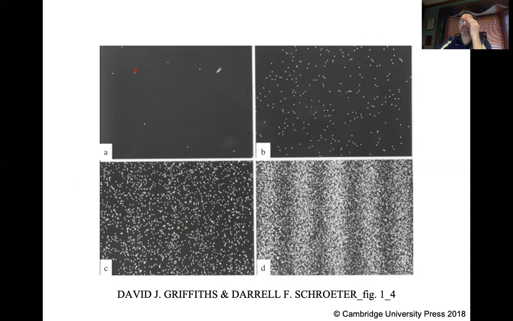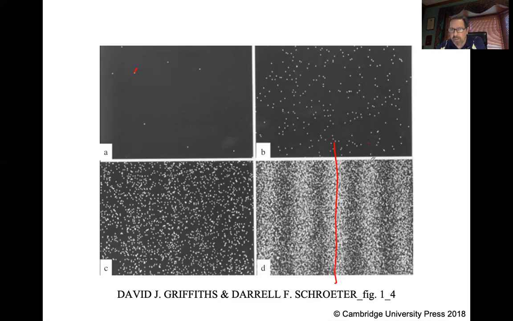And so this experiment is allowed to go on for quite a bit of time. And you can see after a bit of time, there's kind of a random orientation. It just looks like maybe stars in the nighttime sky. And then you let it go a little longer. There's still some places where it's pretty thin in the number of electrons hitting the plate. But if you let it go for even longer amount of time, well, then hopefully you're seeing there's definitely a